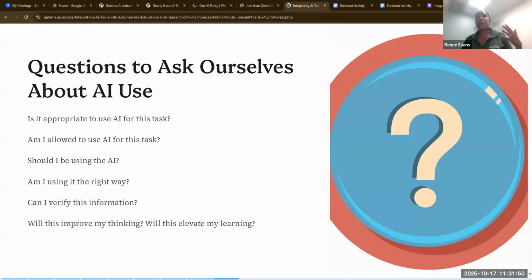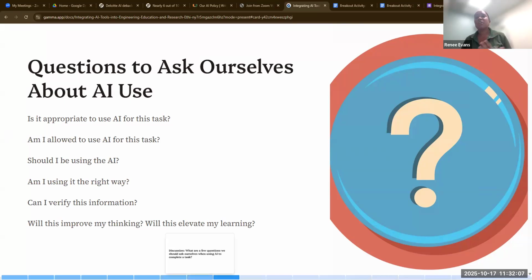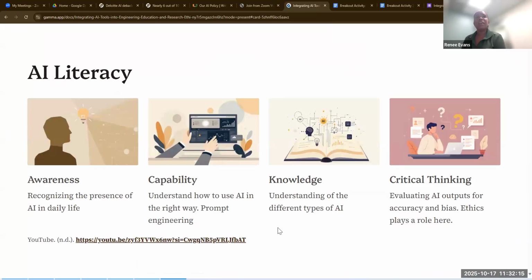So as we engage with AI in an ethical way, these are the questions that we should be asking ourselves, because technology use is personal, it's how we use it. And so we do need to challenge our thinking, challenge the way in which we go about our task when we decide to engage with AI in an ethical way.